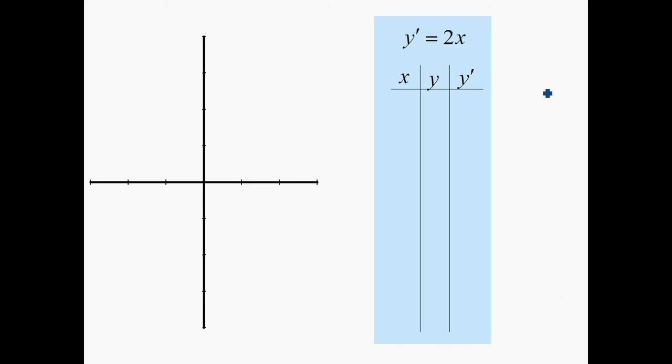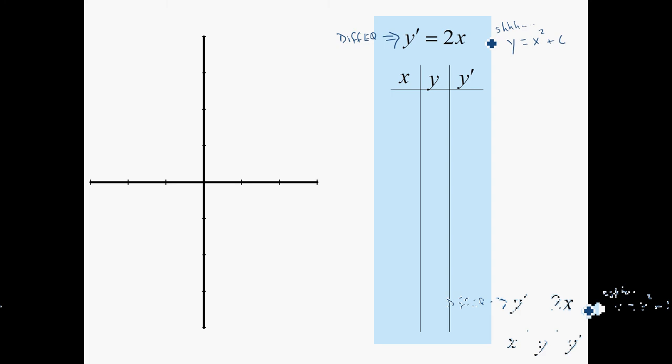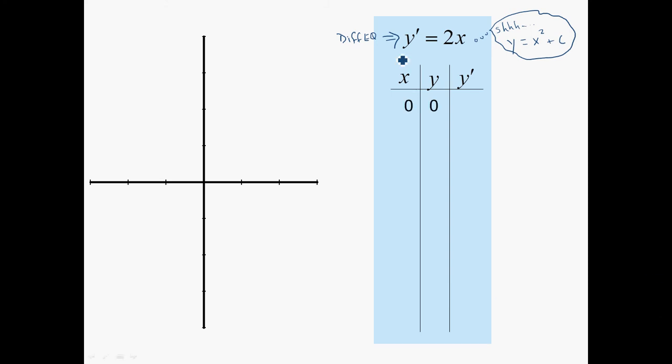So given a differential equation that I can solve. This doesn't even take separable, right? I know the solution to this is y equals x squared plus c. Shh. Don't tell anyone. Pretend I don't. If the differential equation is 2x, I say to myself, I wonder at the point 0, 0 what the slope is. So of course, since the derivative only depends upon x,